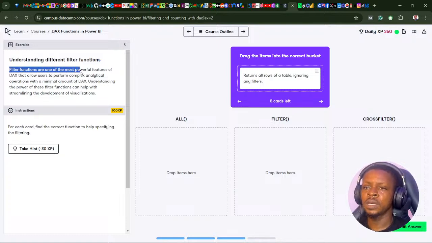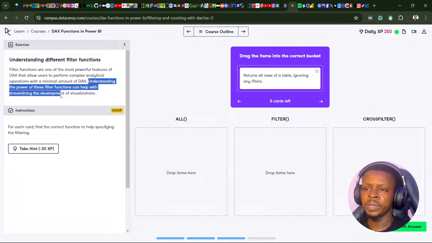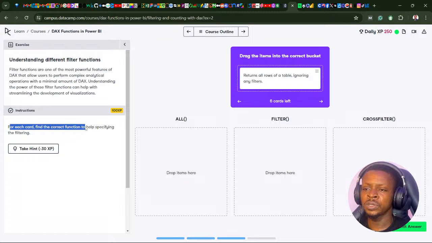Filter functions are one of the most powerful features of DAX that allow users to perform complex analytical operations with a minimal amount of DAX. So understanding the power of these filter functions can help with streamlining the development of visualizations. It says for each card, find the correct function to help specifying the filtering. So we have the all, filter, and cross filter. It says returns all rows of a table, ignoring any filter. That is the all